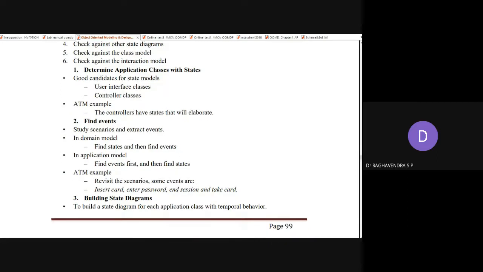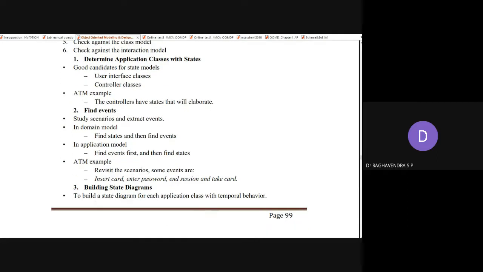So build the state diagram. State diagram na ivaga ನಾವು draw ಮಾಡಬೇಕಾಗುತ್ತೆ. So how to draw a state diagram? It is drawn as a rectangular structure with a